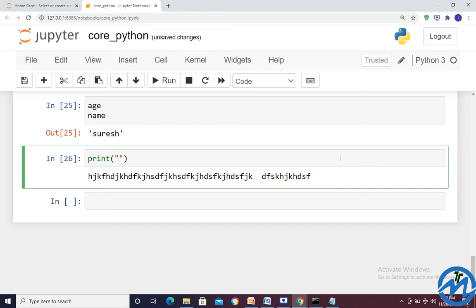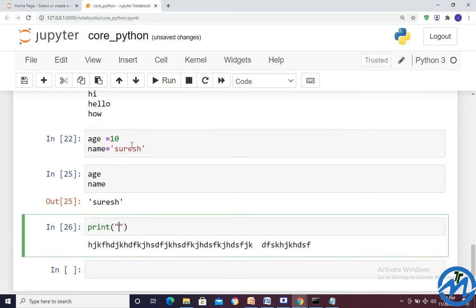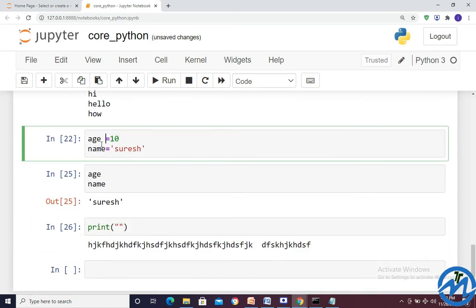But in Python we have one method. By the help of that method, we can give the reference data also inside double quote. How we can give that? Let's see. Suppose I have written age is 10 and name is Suresh.